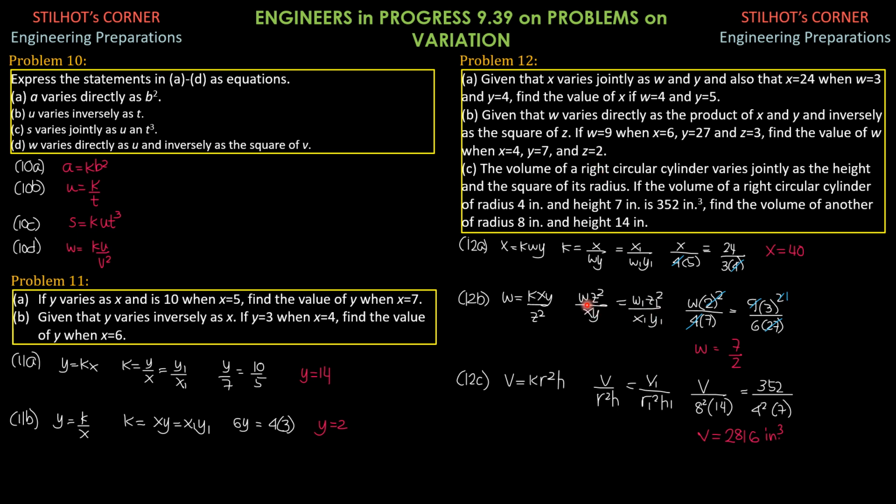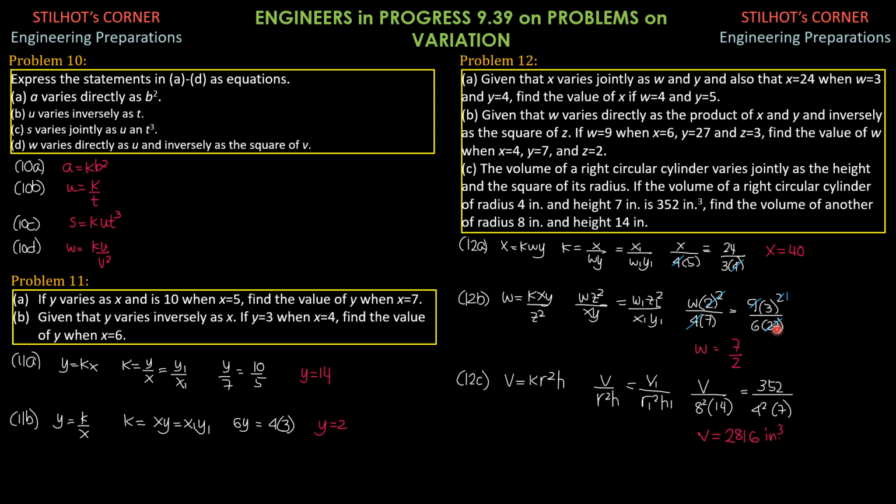So w unknown, z is 2, so 2 squared over xy, x is 4, y is 7, equals, initial condition, w is 9, z is 3, so times 3 squared over